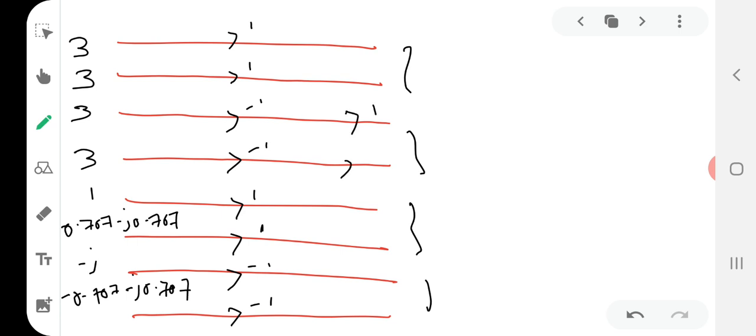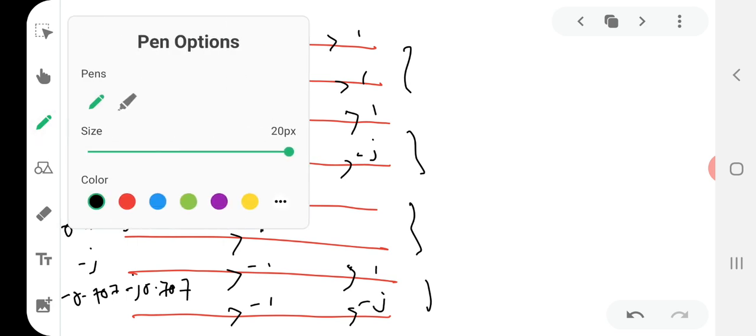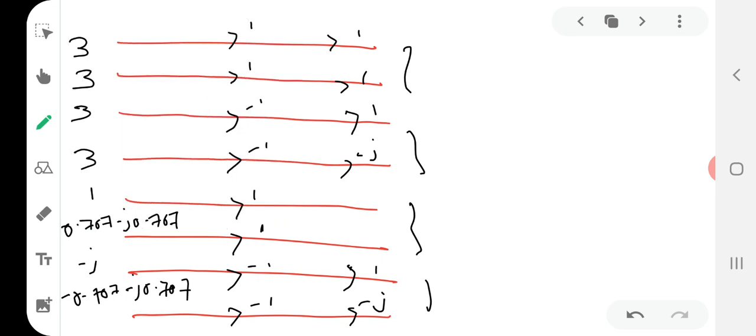that will be 1, and W 4 raised to 1 is minus j. And here also first this always will be 1 only. Okay, and here also always we will mark the last two lines, this is 1 and this will be minus j. Okay, now we have to draw the cross line. How we will draw the cross line? Because here we are making groups of 2. Okay, first we will mark the point.